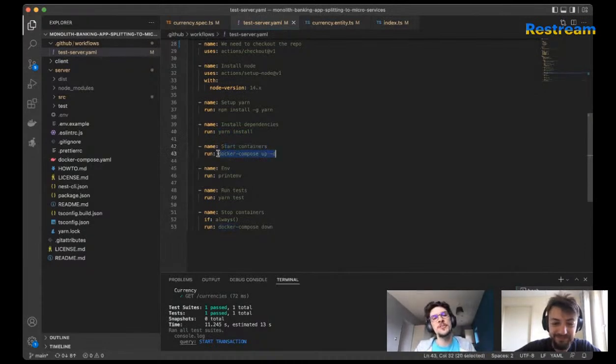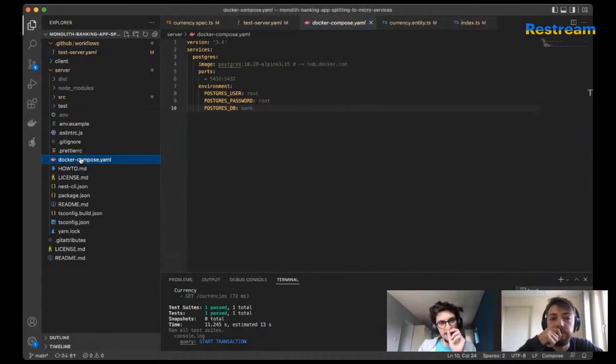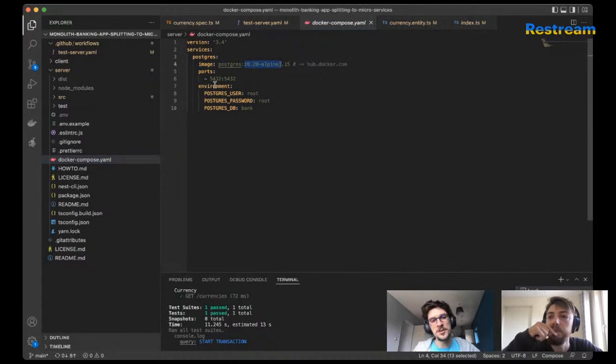So we start our Docker Compose, and if we go back to our Docker Compose and see what's inside, we have our Postgres of this version. We also publish this port, and here's the environment for the database, how it should be initialized.